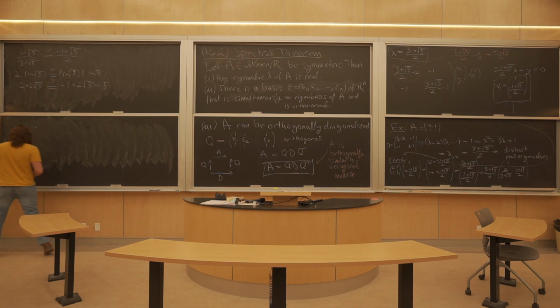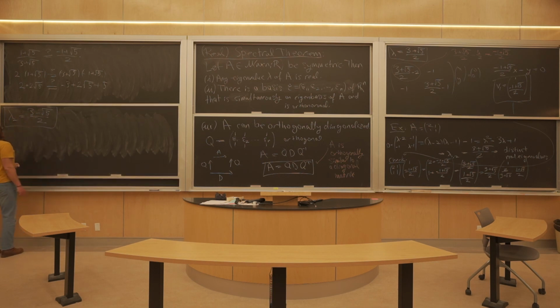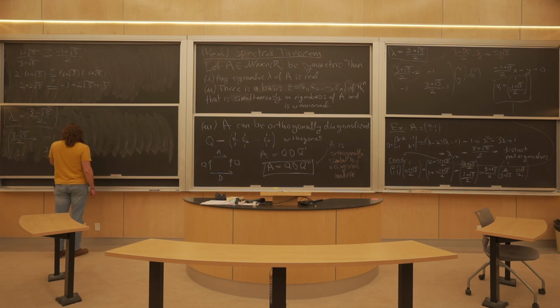Okay, so the other eigenvalue is lambda 2, and that's going to be 3 minus root 5 divided by 2. And again, I want to come up with an eigenvector for it. Putting this in the diagonal, and then subtracting the entries of A, I get this time